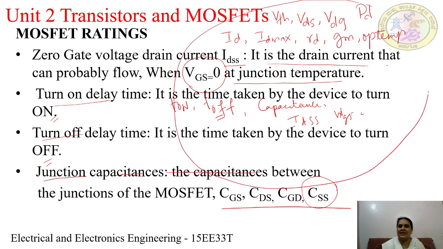For any MOSFET IC you take, you will have to read the data sheet of the MOSFET. If we go on reading the data sheet, it will give all these parameters. It will give the threshold voltage, the drain source voltage you can connect, the power dissipation, the operating temperature, the turn on and turn off times, the output resistance and the transconductance, and the maximum drain current the MOSFET can handle. So these are the different ratings of the specific MOSFET. Usually you will be using this MOS in experiments in the analog and digital lab, where you will be referring to the data sheets.